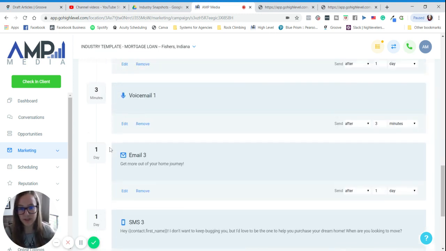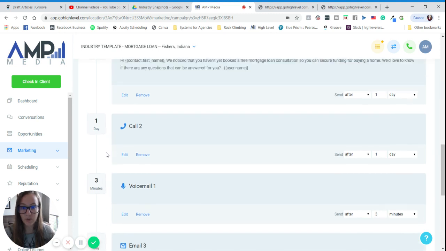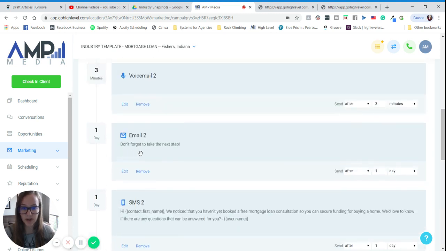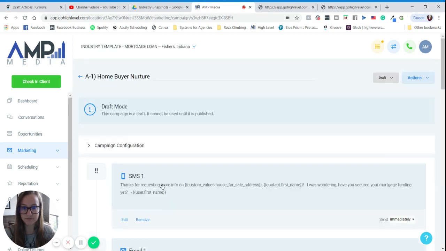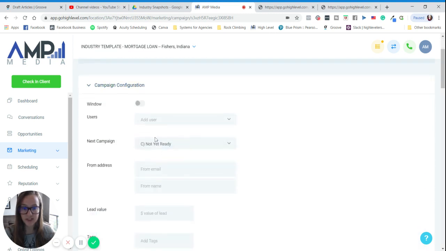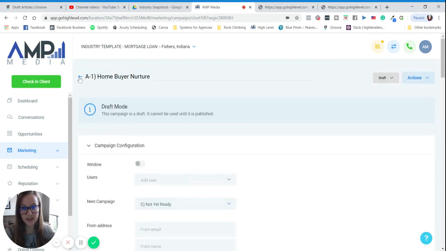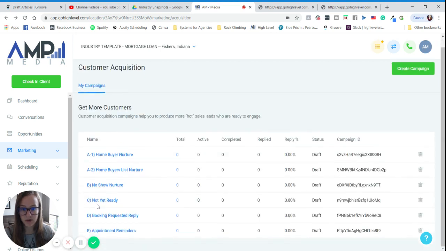So this one is definitely beefed up a little bit. Phone calls are very, very important. I have voicemail drops going out after phone calls. So if this call doesn't connect, then it will drop this voicemail right after. And then you can see in here, the next campaign is not yet ready, which if we go out here,